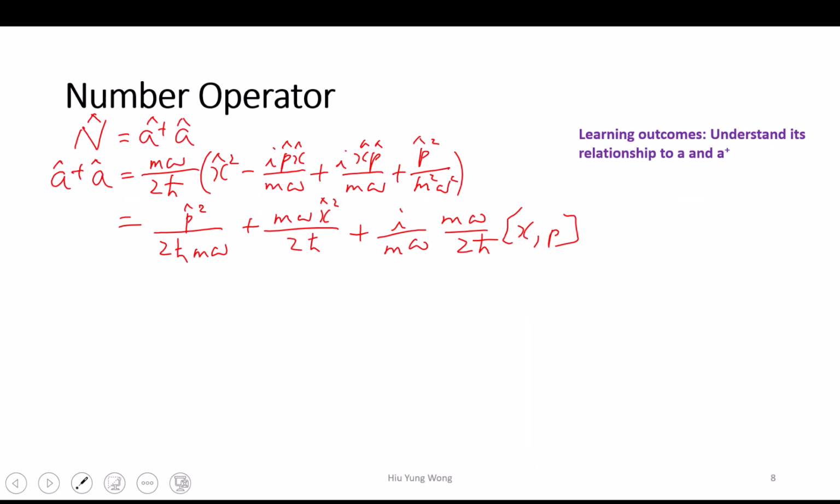What is this? xp minus px. I may actually confuse you. This is xp minus px. So I do have an xp minus px. So this one gives me xp minus px. And then I take out i m omega, and I still have m omega divided by 2 h bar. So I confused you by referring to the last page. But what is xp? Do you remember? The xp commutator? i h bar, thank you. So as a result, the whole thing becomes,